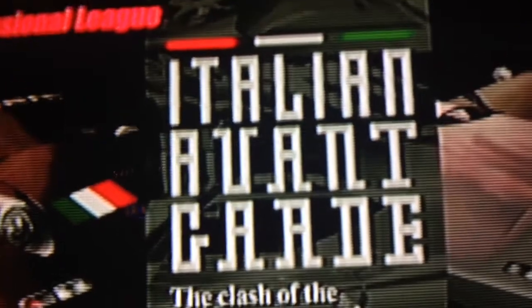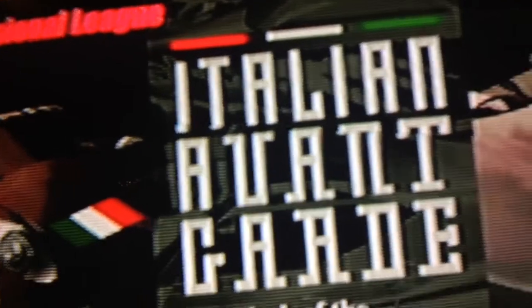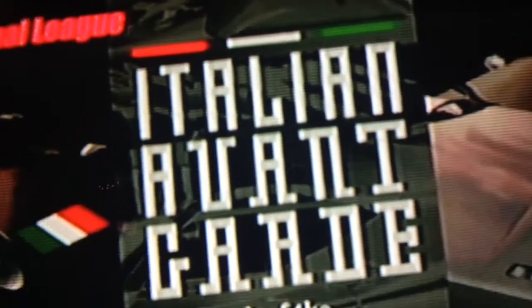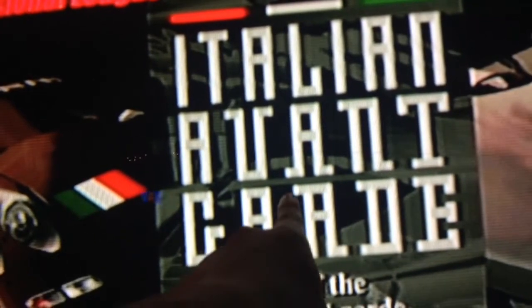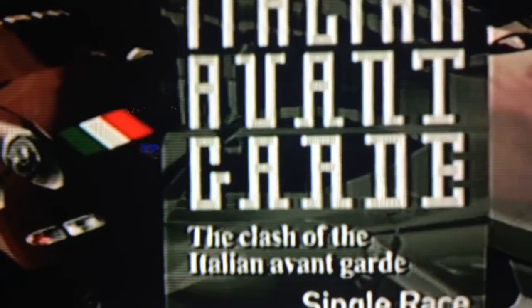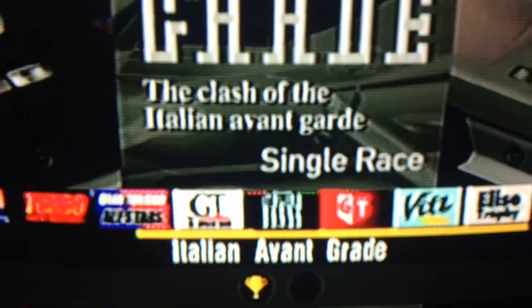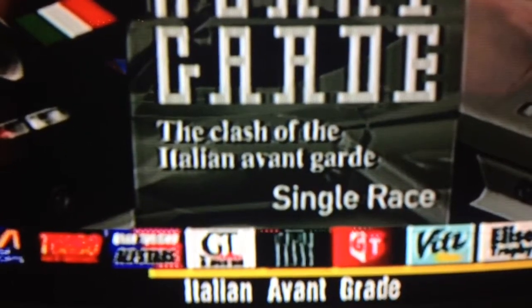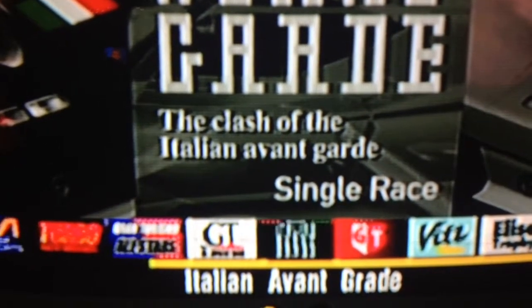little typo. So this is the Italian Avant-Garde race. Look at the font. You see the A's here, right? You see this is an A, and that's an A, right? That's supposed to be an R if you don't know. See it now? Well, they must have gotten the A and the R mixed up, because the Italian Avant-Garde? You mean Avant-Garde, right? They got a typo there, and they never caught that because it was never patched in